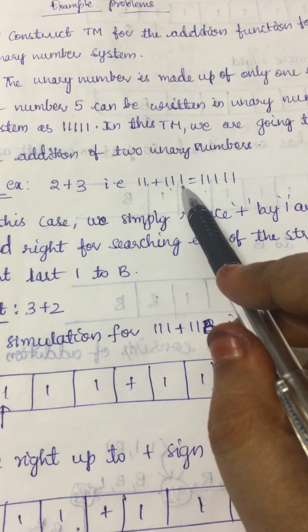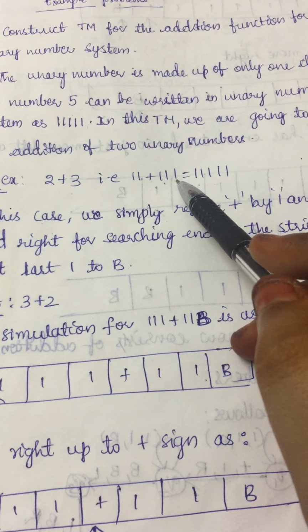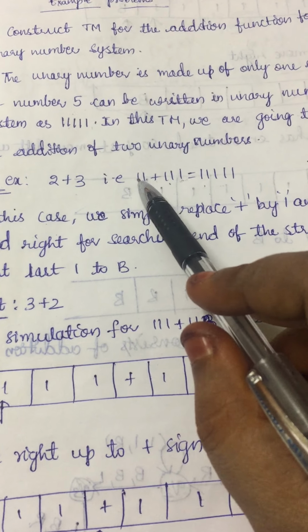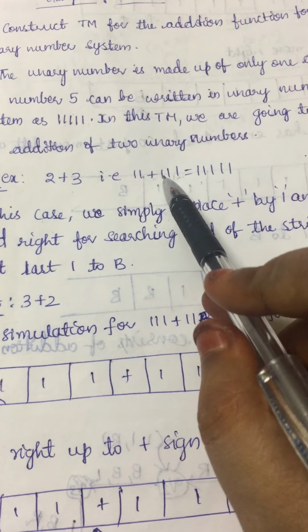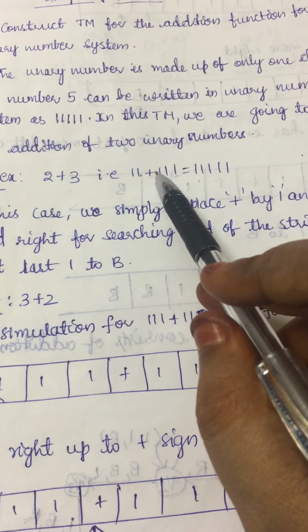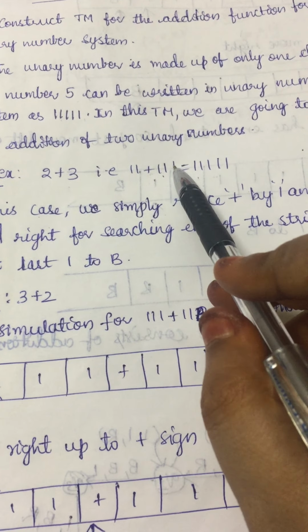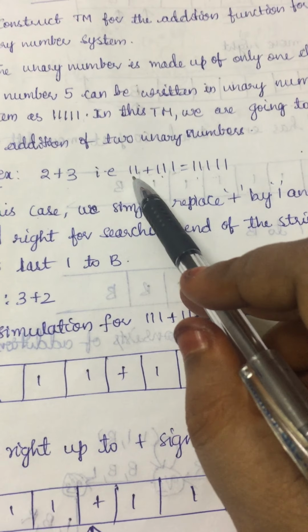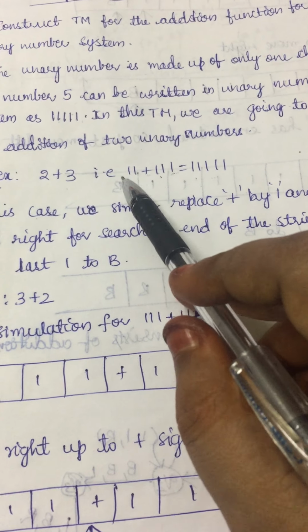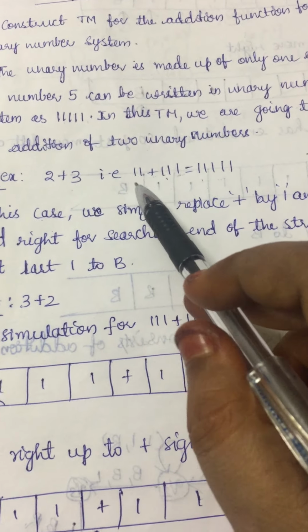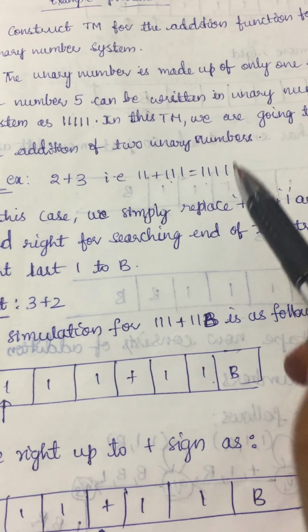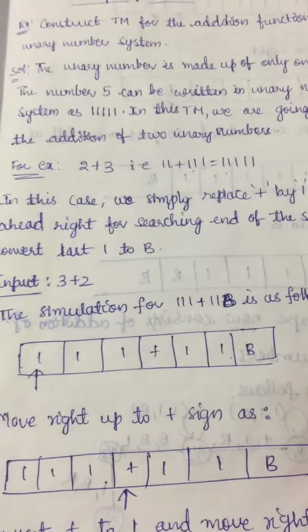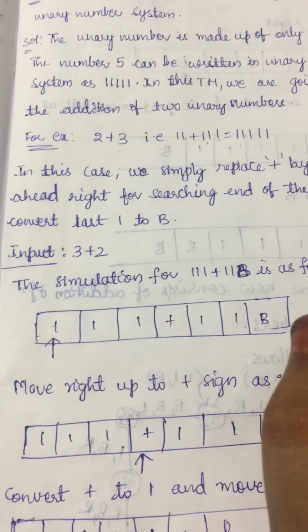Now this one symbol is converted to a blank symbol. That means if this one is reduced to a blank symbol, then in total we will have 1, 2, this plus converted to 1, 4, 5. 1, 2, 3, 4, 5. So this one will be converted to a blank symbol. Now, if we observe, we obtained 5 continuous ones. So that is the answer. See how we are going to write the process in a step by step manner.